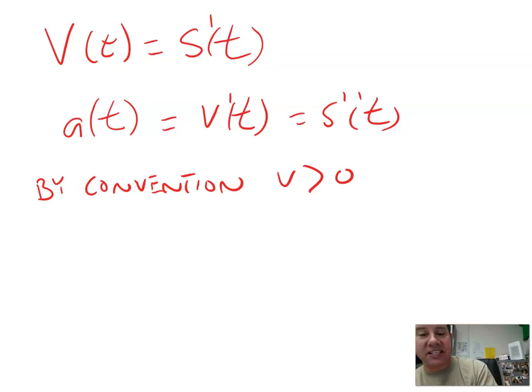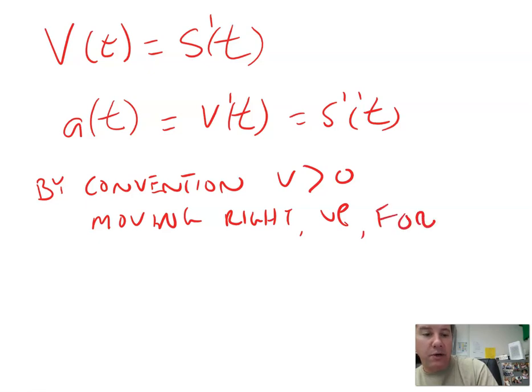If the velocity is positive, that is telling me I am moving to the right, or up, or forward. If your velocity is positive, that indicates that you're moving to the right, you're moving up, or you're moving forward. Similarly, by convention,